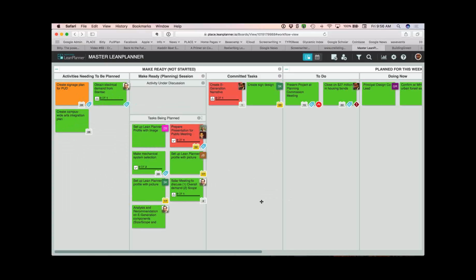after that meeting, I'm going to take 30 minutes and I'm going to enter all the cards into LeanPlanner, just as a stepping stone. If you're going through adopting Lean and getting used to all that, and you found that the physical personal interaction with the team and making those commitments has been very helpful, then we would say, hey, don't take away something that's been really great in that sense. Just add us in after, right?